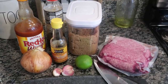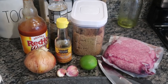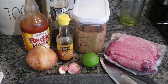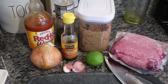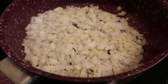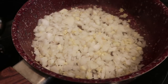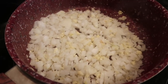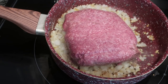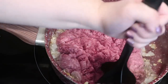So I have garlic, lime, onions, sesame oil, soy sauce, brown sugar, some hot sauce, and then I also have some ground beef. And we're just going to go ahead and mix all of those flavors together, and it was fantastic. So I cut up the whole onion and all the garlic that you saw there, diced it up and got it in some olive oil over medium heat and just let it cook for about 5 to 10 minutes. You can see that it needed to sweat down a little bit